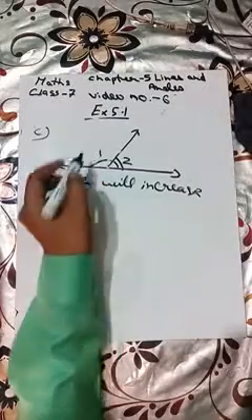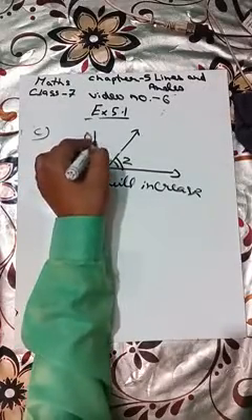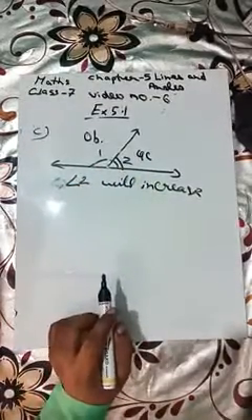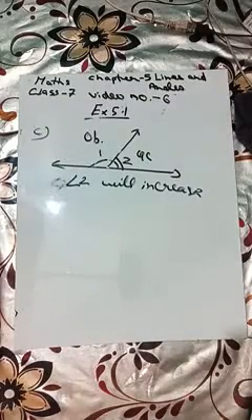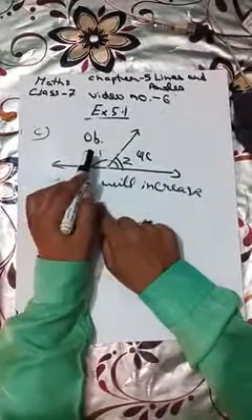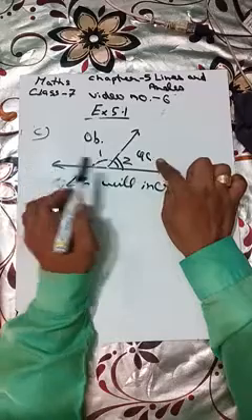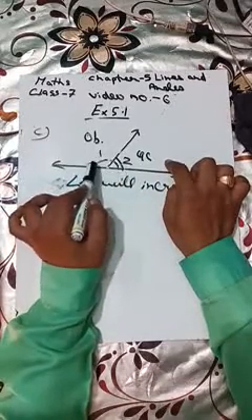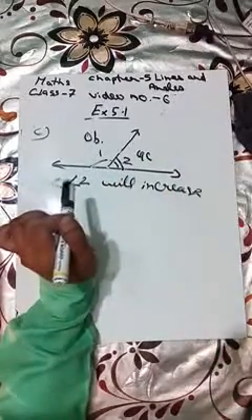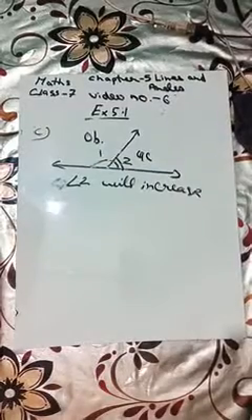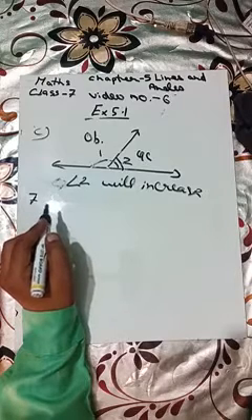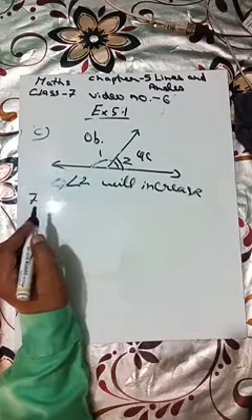There is one very good concept explained in this. See, this is an obtuse angle. This angle A is obtuse. Then angle 2 is acute. Here in this one question, one very good concept has been explained. If you see this angle 1, this is obtuse, and this is acute. Together they are forming a linear pair, or we can say supplementary angles, because their sum is 180 degree. This concept is used in question number 7. In question number 7, it is given: can two angles be supplementary if both of them are acute?